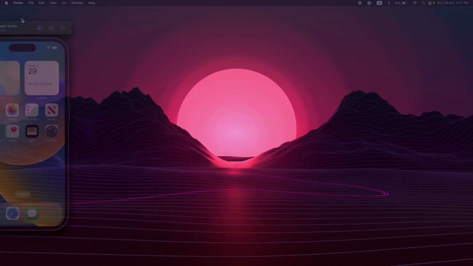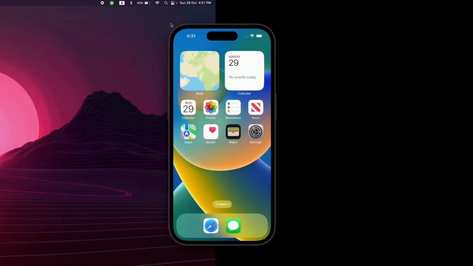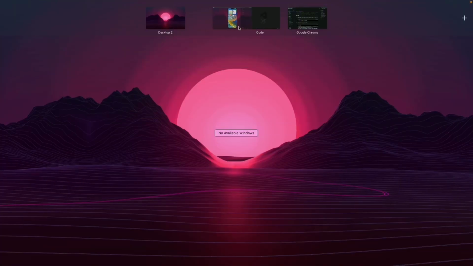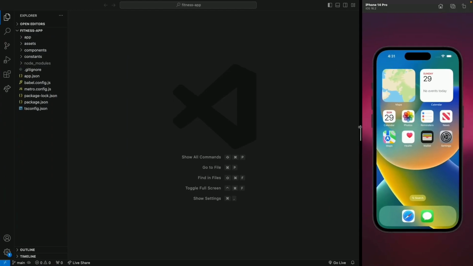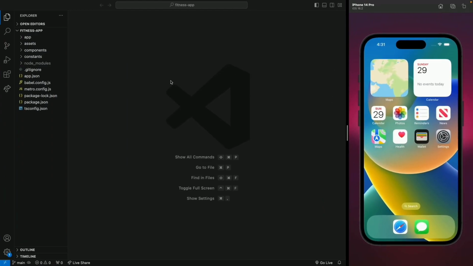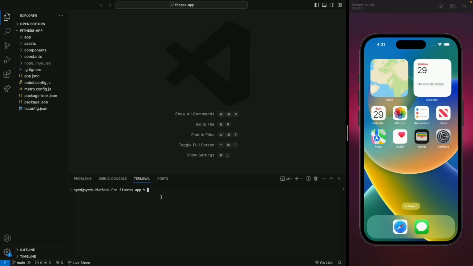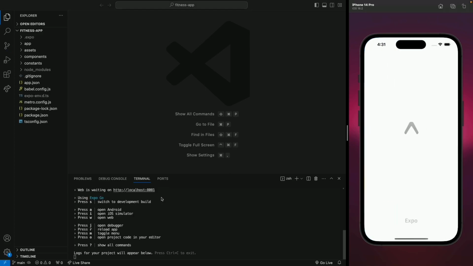Now we're also gonna need an iPhone simulator. So let me drag my iPhone 14 Pro simulator and place it here. Now, first of all, we're gonna run this application to see how it looks like. So just open a terminal and write npm run iOS. This is going to build our app and send it to our Expo Go app on the iOS. So let's give it some seconds,